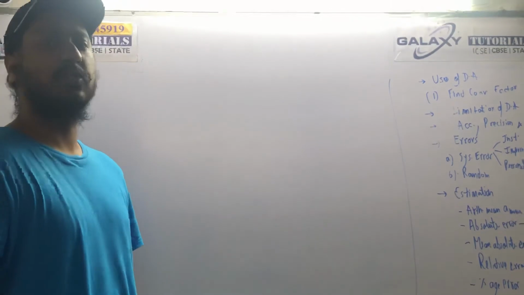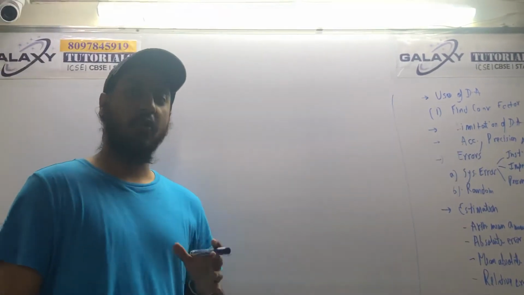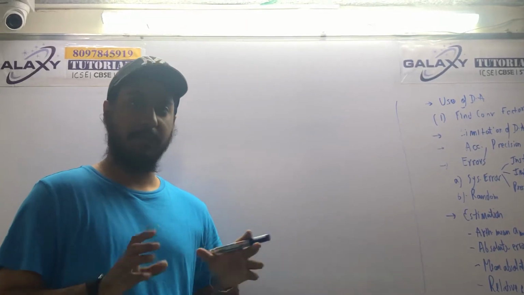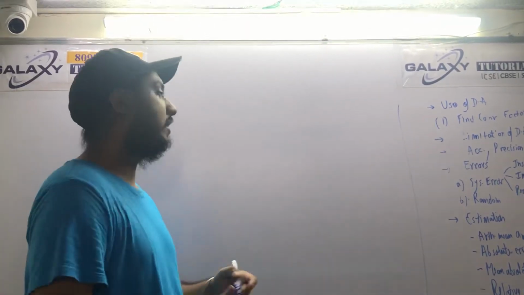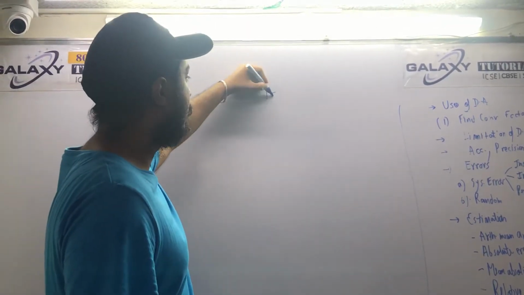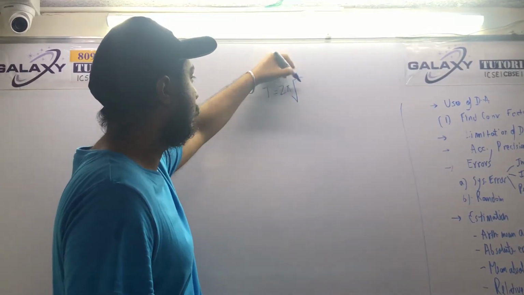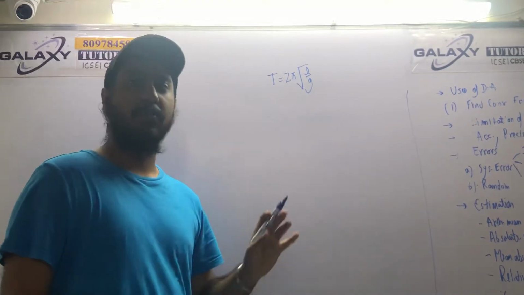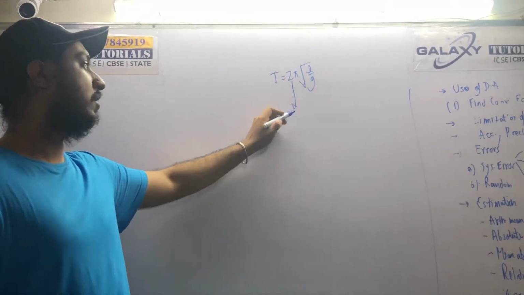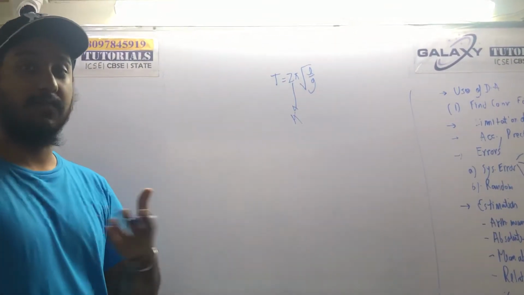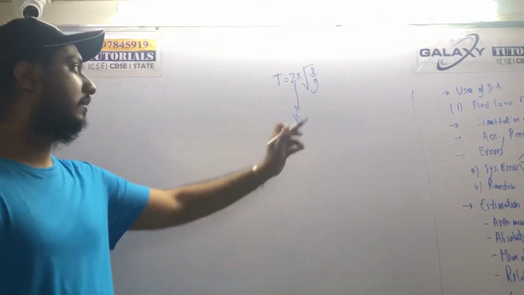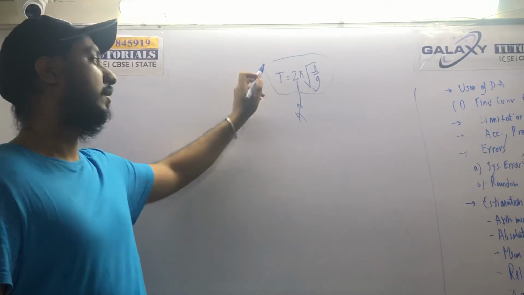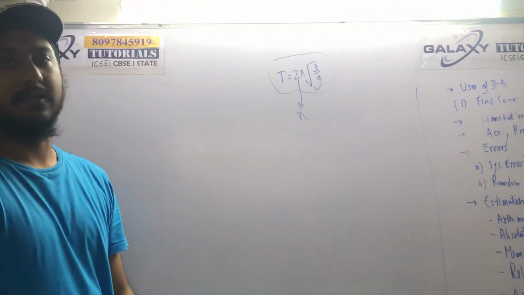The last use that we did was that I showed you it is used to find formulas between different relationships. We did a case like T is equal to 2 pi root L by G. I hope you remember. So how this relation comes into existence, I showed you. This 2 pi is the constant, and it is found by experimental values, but the L and G you find out by this use of dimensional analysis.